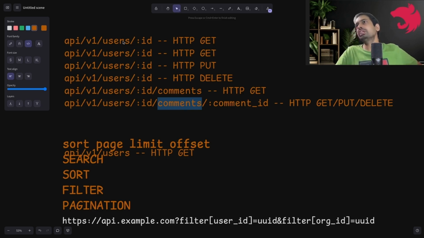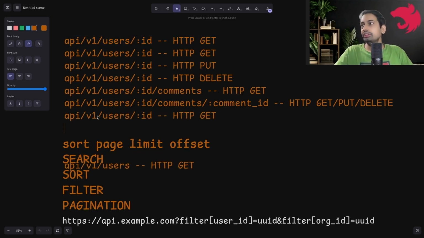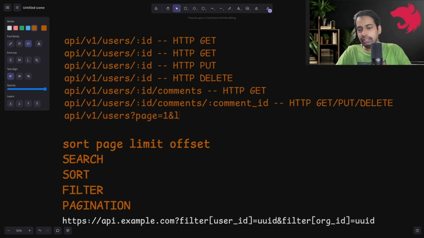Now coming to the search and sort. Let's say I want to get the list of users with pagination. Okay, we have bulk users. I can just say page 1 and limit 30, right?